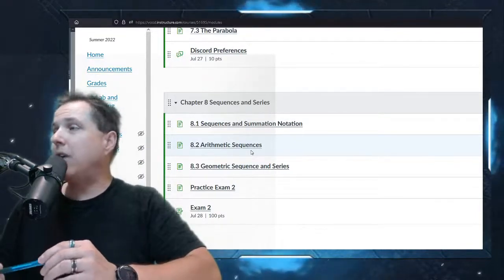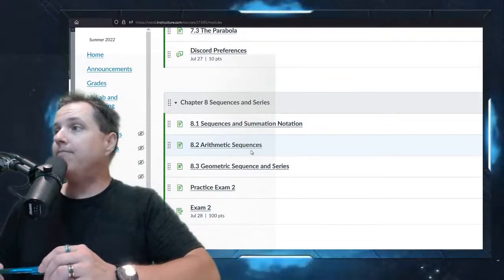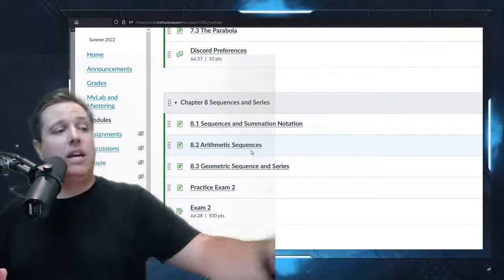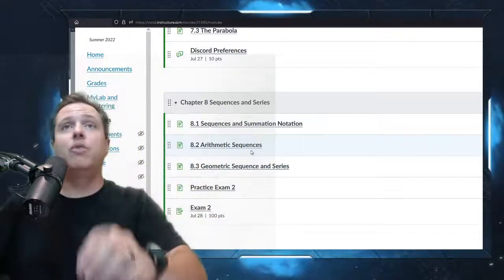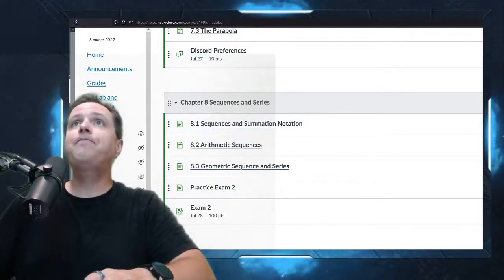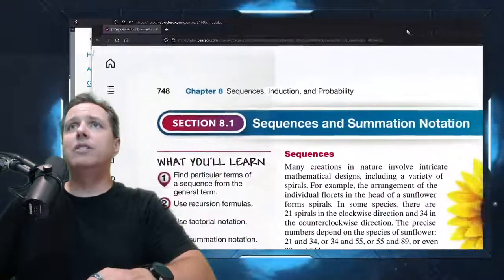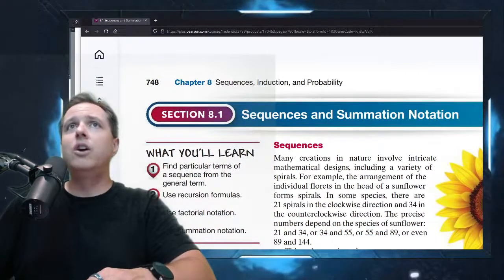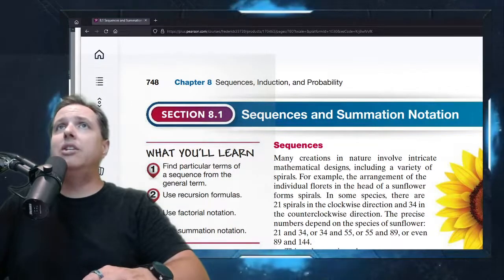So these kinds of ideas basically are going to come up, and I would encourage you, if you're going down that STEM route, just embrace coding now. Just get comfortable with it. You're probably going to have to do it, and it will make it easier when you do have to do it if you're sort of comfortable with it. But anyways, these are the concepts we're going to be talking about. I've got the book here, and then also I've got some examples that we can go over. So 8.1 is about sequences and summation notation.